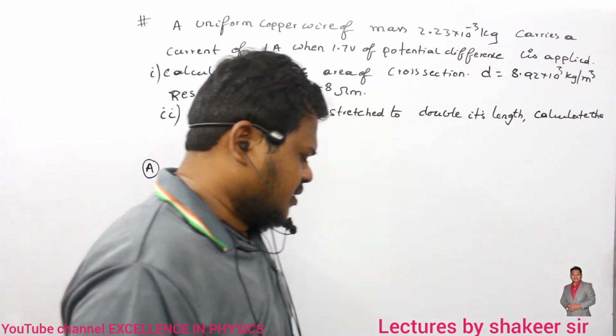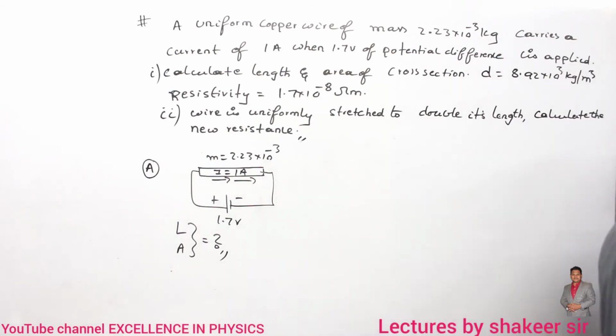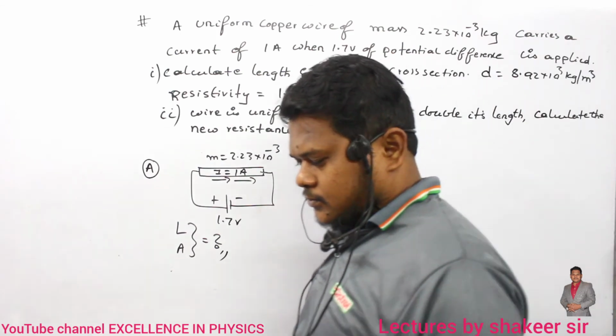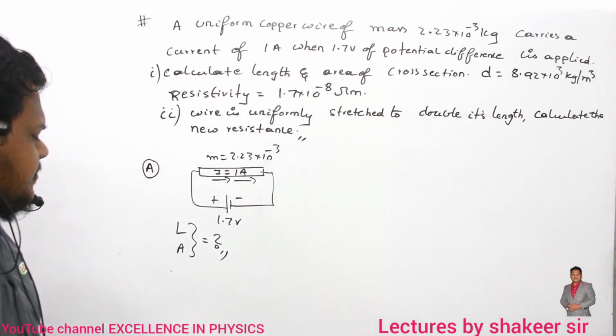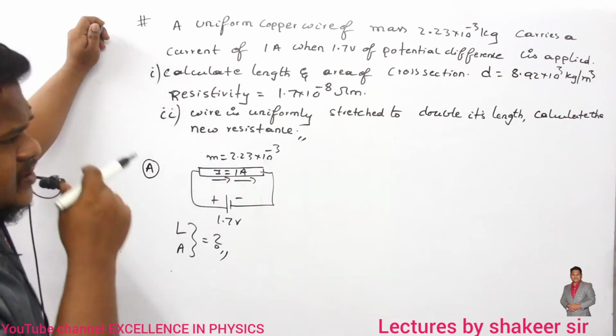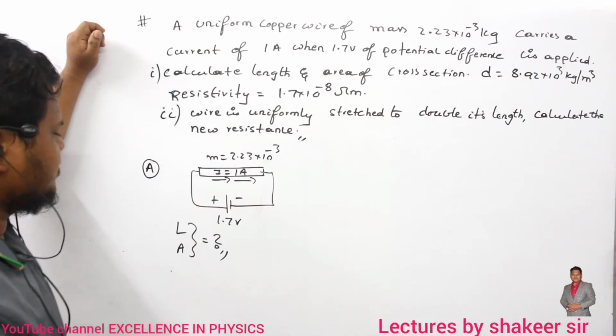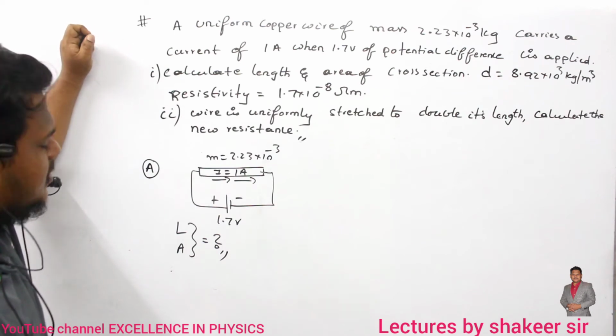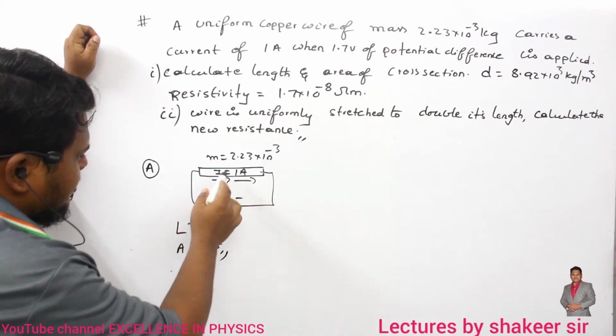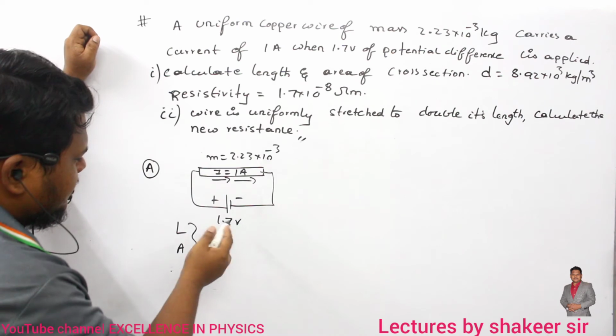So can you say how can I calculate? How can we do this one? See, very simple. Just try to proceed with any one of the equations, then it will lead to the other equations. So current is 1 ampere and voltage is